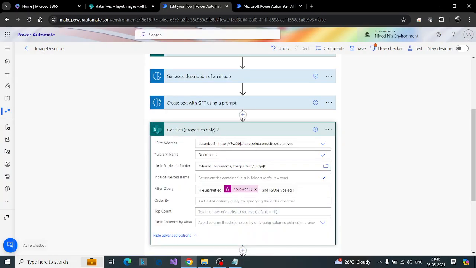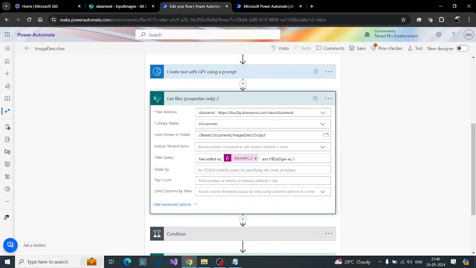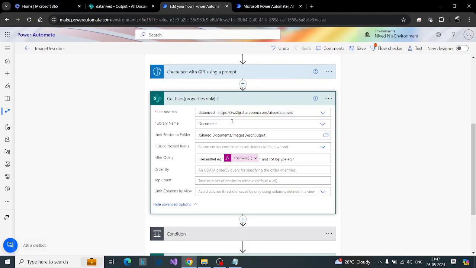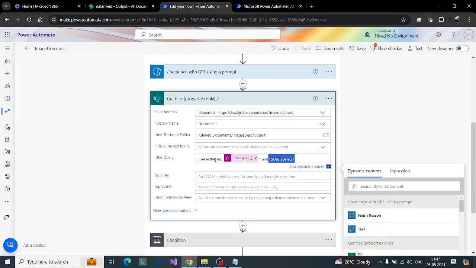Now, once we run this action, we will be checking whether any folder with the name of the text in the lowercase format exists in this particular output folder, so that if a folder already exists, the flow doesn't have to proceed to create a new folder. It can just move that file to that particular folder. So I'm just using the get file again to check whether that folder exists there or not. For that I'm checking with the folder name in the lowercase format, and also I'm checking whether the object is a folder or not by using fs object type equal to 1. Fs object type equal to 1 means it will only check for folder types,